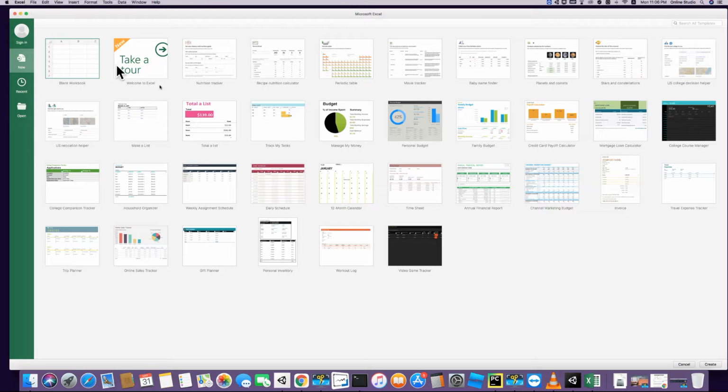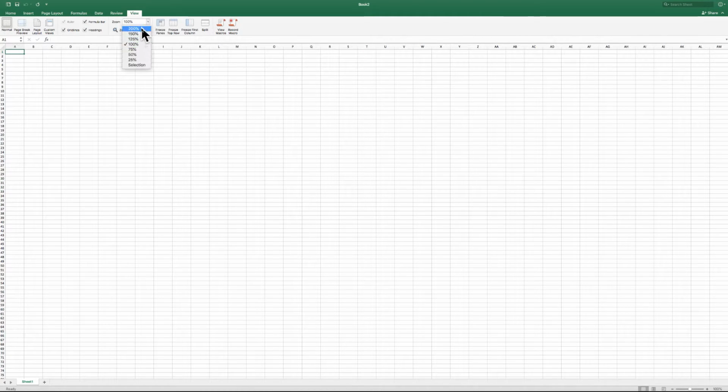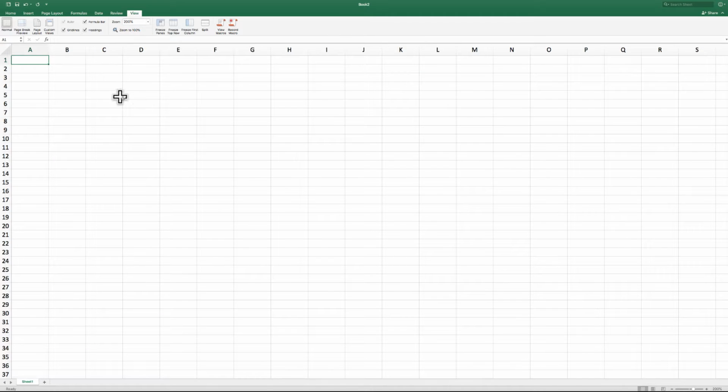So in this tutorial, I'm just going to show you how to create a CSV file. I assume you have Microsoft Excel on your PC or Mac. Just open a brand new file and a sheet, and try to create different columns. At the end of this tutorial, you will learn how to